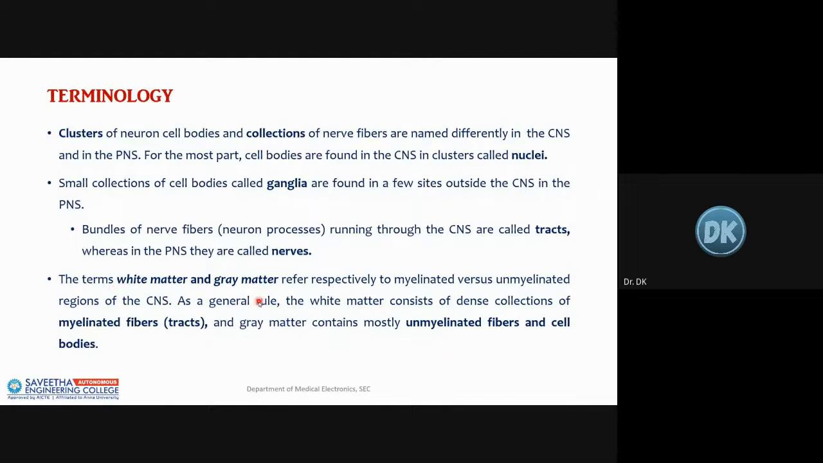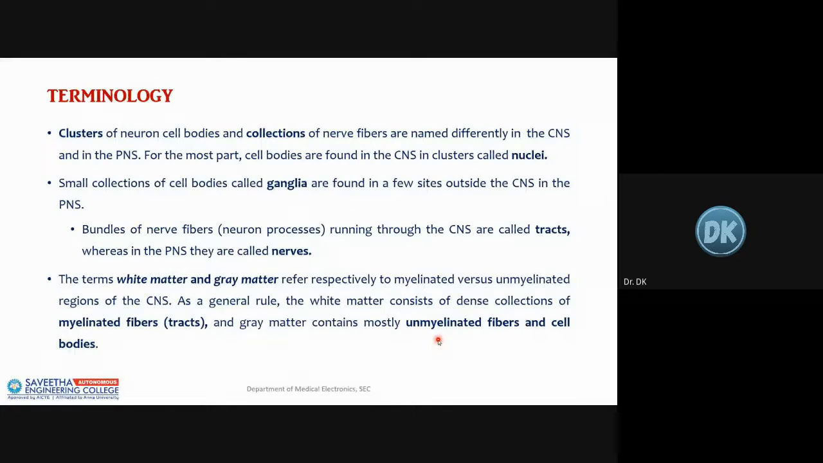and gray matter. White matter is the collection of myelinated fibers, which we call tracts, and gray matter is the collection of unmyelinated nerve fibers and cell bodies. Okay, so this is very important. In white matter, myelinated fibers are accumulated; in gray matter, unmyelinated fibers don't have this